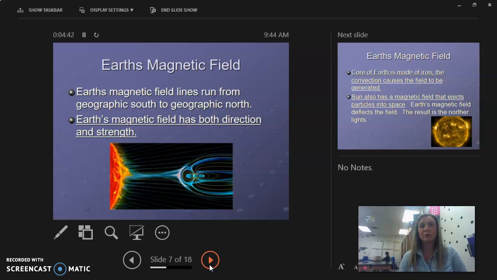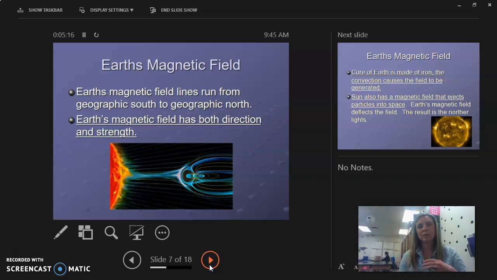So two of them are being used to produce our magnetic field here on Earth. The first is our convection, which is happening in the inner core. So if you think about the core, it is made up of liquid magma that is heavy in iron and nickel and other earth heavy metal elements, and it's super hot down there, so it's actually melted. So it's convecting. There's so much pressure pushed on the earth that it's causing these layers to be melted, and